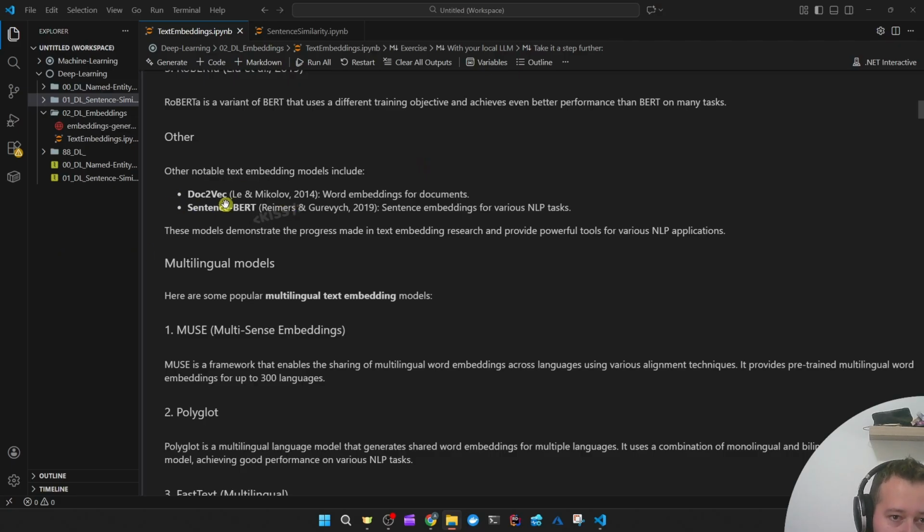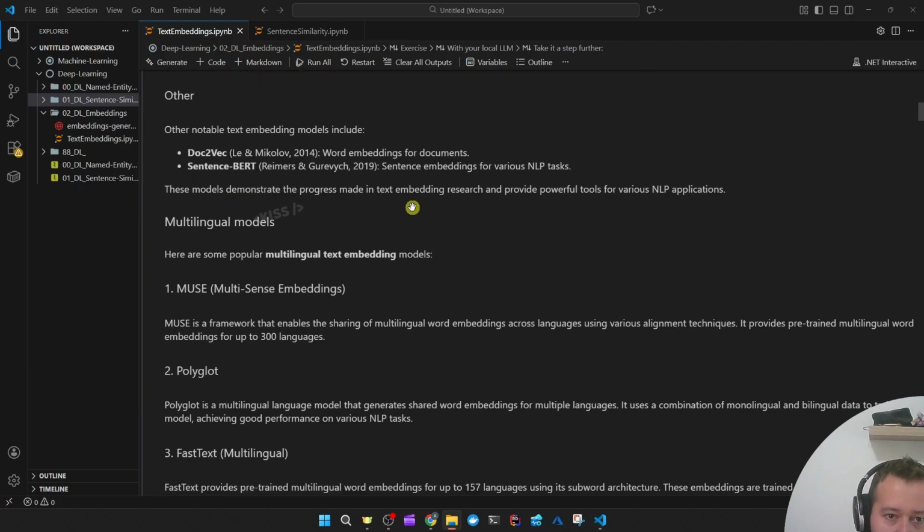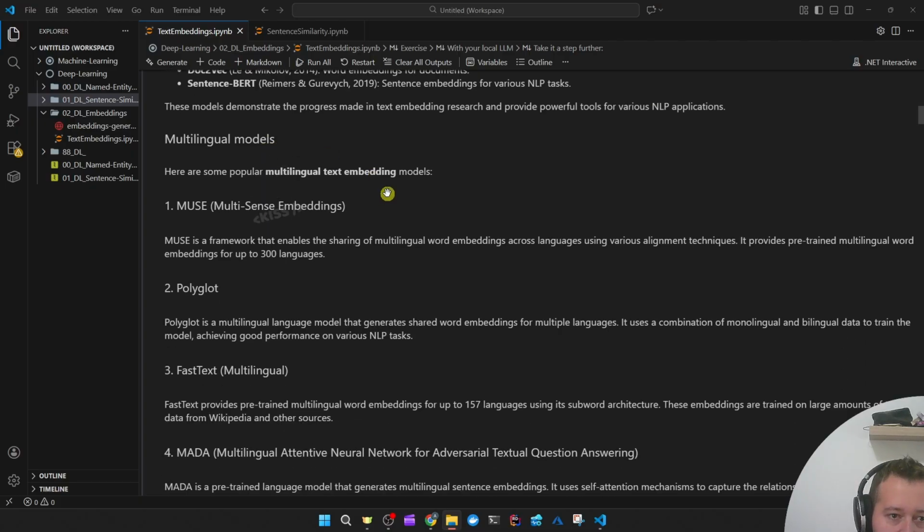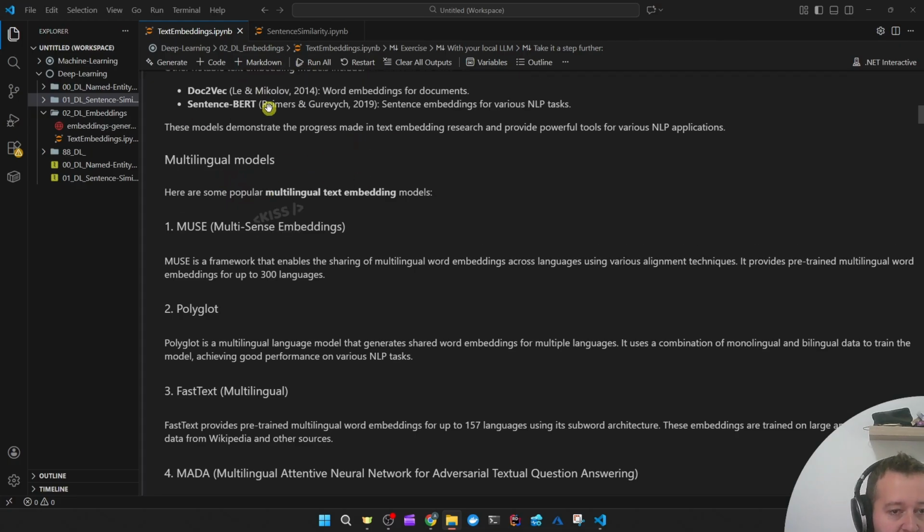Then some others: Doc2Vec, word embeddings for documents, and sentence BERT, sentence embeddings. Then multilingual models, which I might be interested in for those translated dog breeds. We'll see why below when we're doing the exercise. We'll see, for example, that Dogo Argentino and its Dutch translation, literal, Argentijnse dog, doesn't have a great similarity score because the embeddings